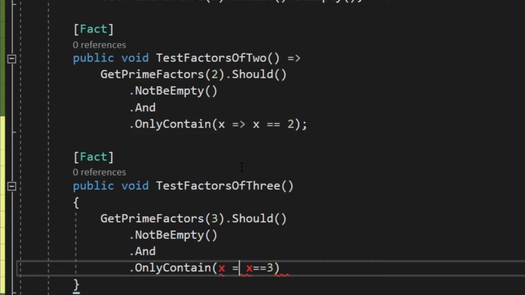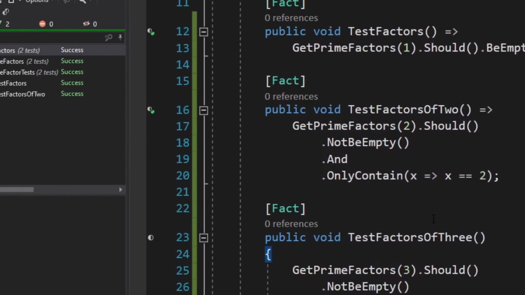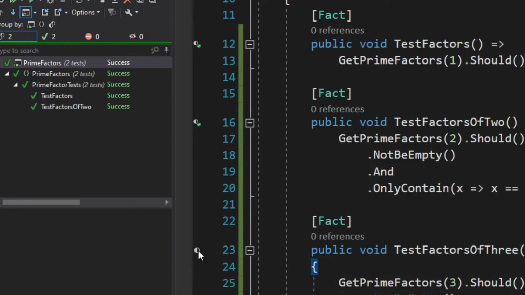Let's just sort my typo there, and semicolon at the end. Good. So that's the test. Let's run that,